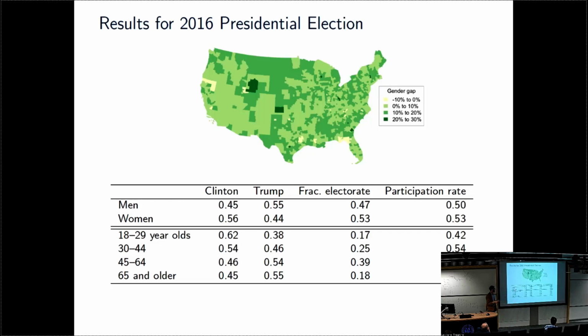And so I think that's also kind of a neat thing to be able to see. Exit polls, of course, can't do that, right? Because the exit poll is just of who's there, but it matters. There are a lot of people who did not vote. Half of men, 47% of women.